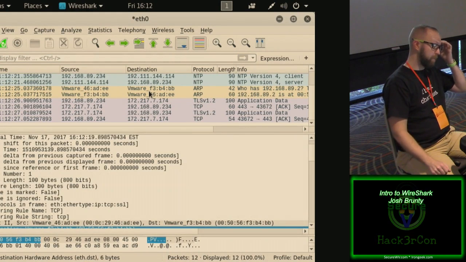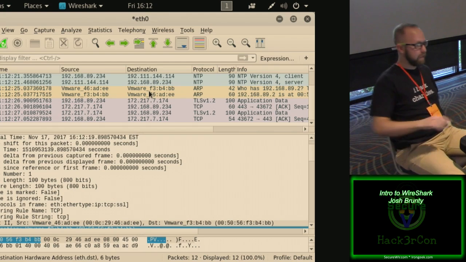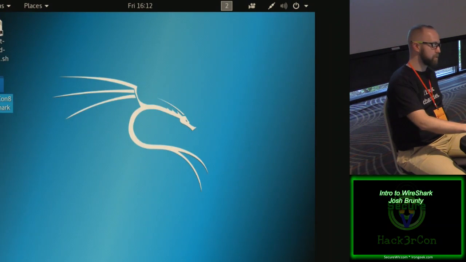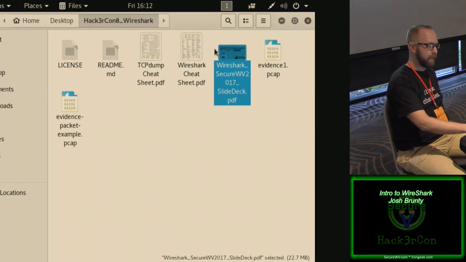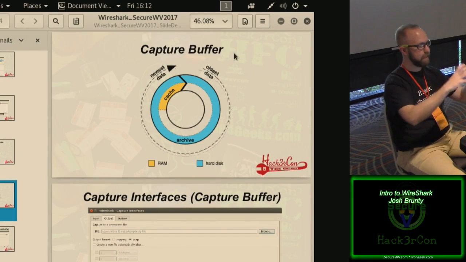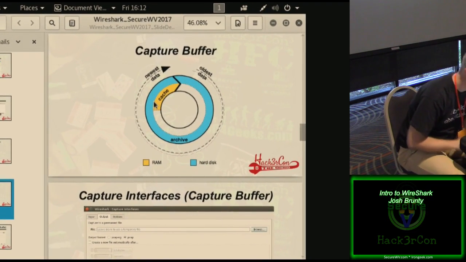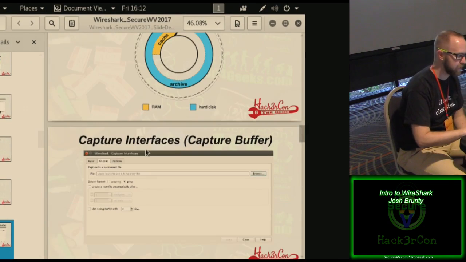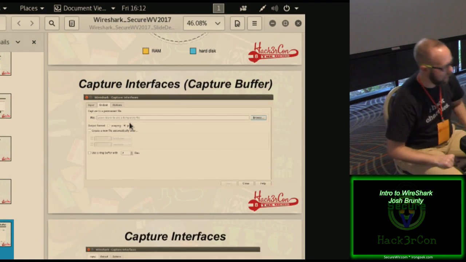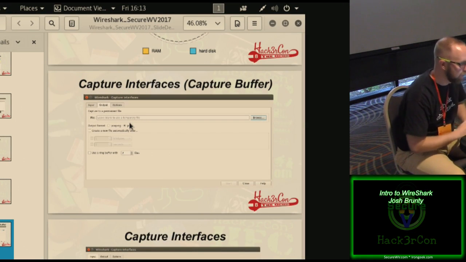The problem with that is we don't have that packet capture saved. If that buffer gets too big, it will start to slow down. And there's eventually a point that the capture is going to get so big on the screen that it can't hold the file anymore. So one of the things you want to set up here is in the capture interfaces. So I'm going back to packet capturing now, is what we call a capture buffer. A capture buffer